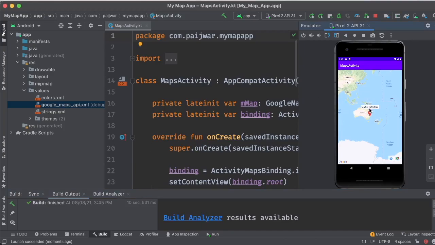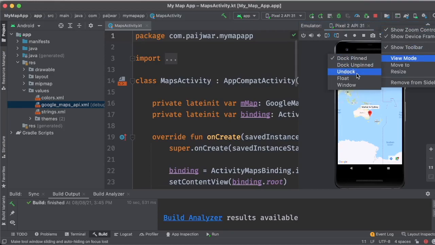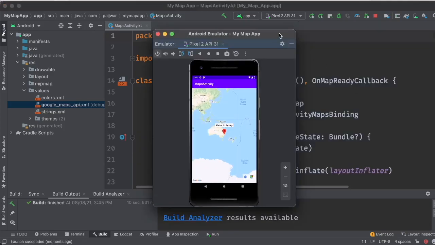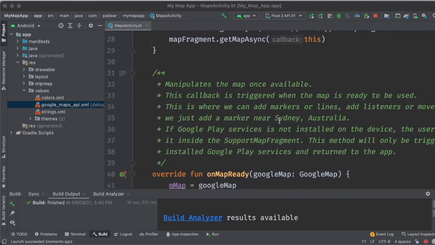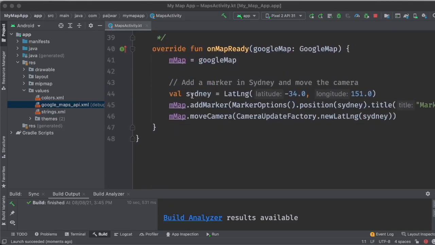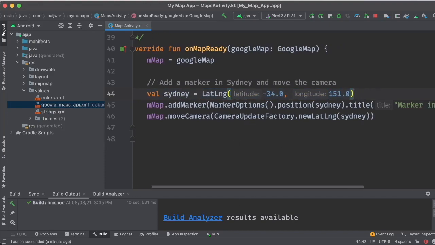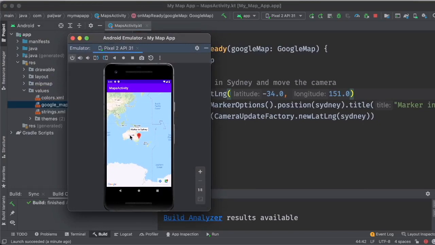I will explain to you where it's coming from. I will just move this window aside for now. So in this activity, you see we have defined a location called Sydney and we have been given a lat and long for this, and to show this icon, this is called a marker, and what you see on the top is called marker title.